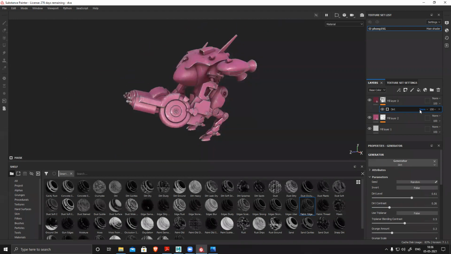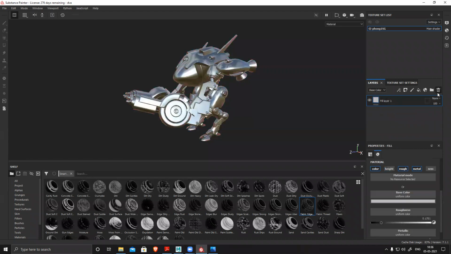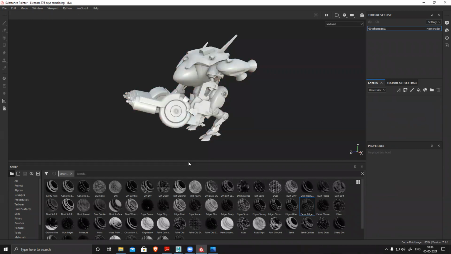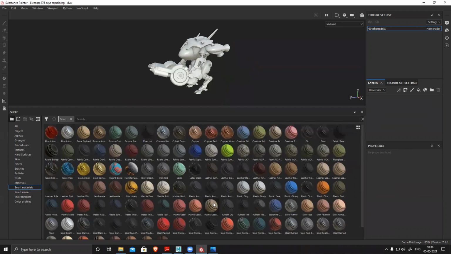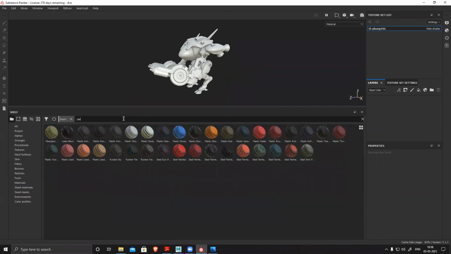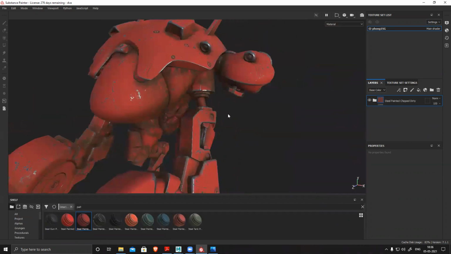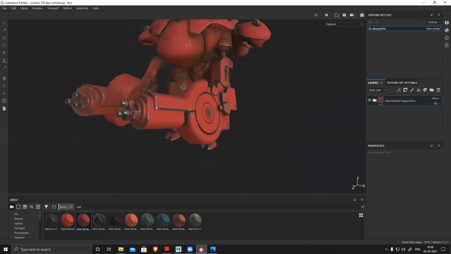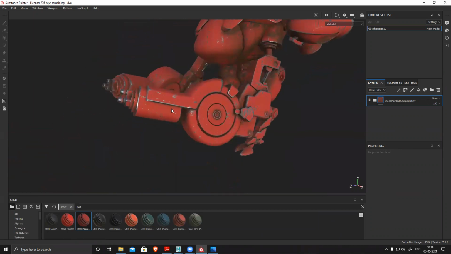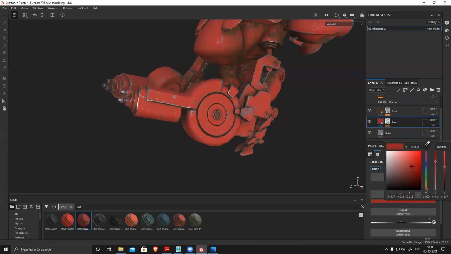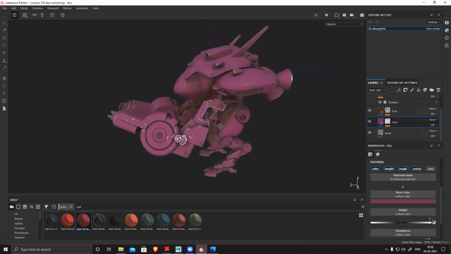So this same thing, we can manually generate each and every layer and create it. Or personally, what I prefer is I'll go and check all the smart materials first, whatever is available already there, like paint. It's a preset already, and it gives me a pretty decent result with dirt, with metal, with paint, everything. So whatever I was creating manually, it's already there. The only thing I have to do is select this layer and change the color. That's it. The base color I changed.